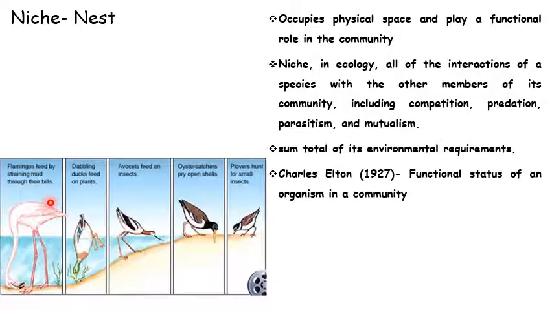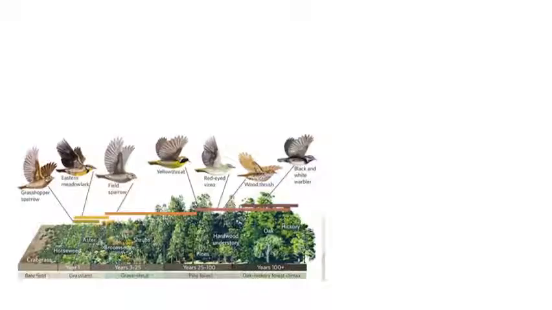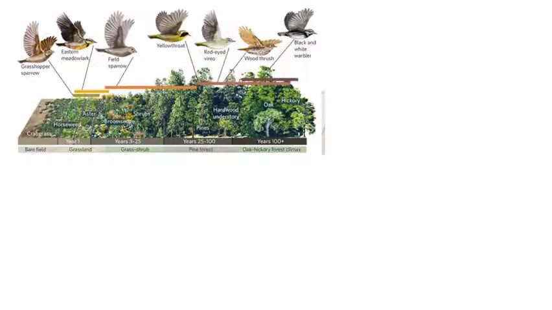If you take these flamingos, they have a very long neck that helps them to feed or to get their own food in the deeper region instead of competing with other birds. So this is what we call, in simple terms, niche. So remember what niche is again. In a very simple way, if you have to put it: what it eats, how it reproduces, where